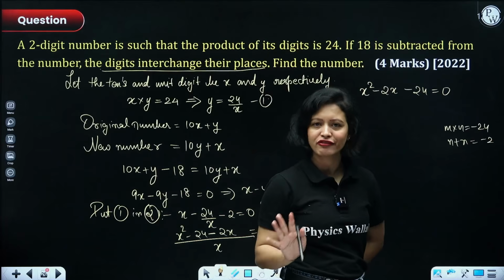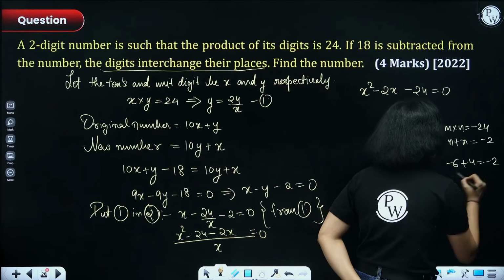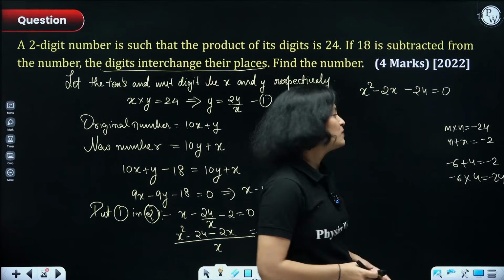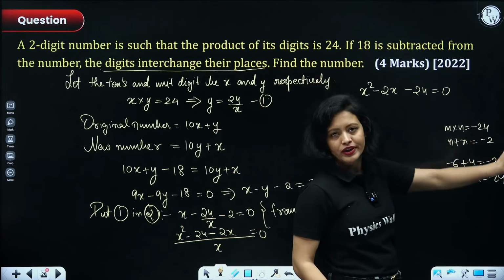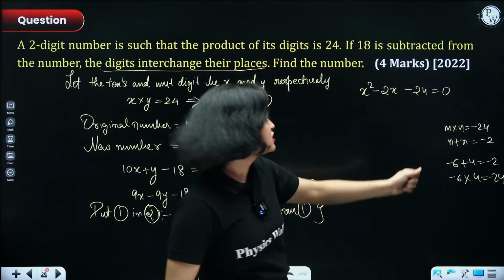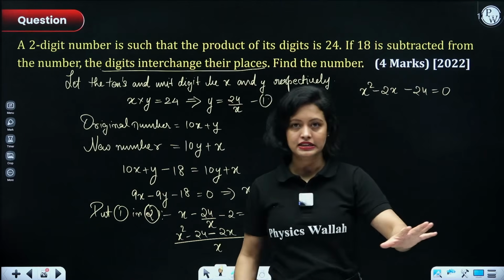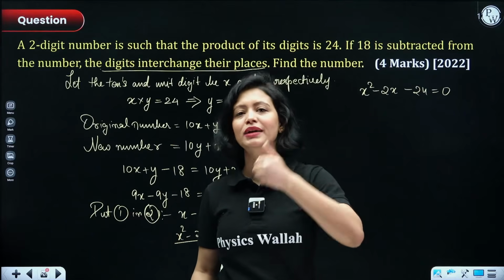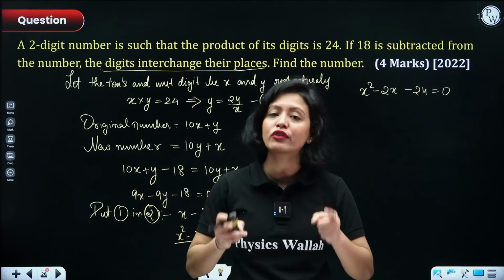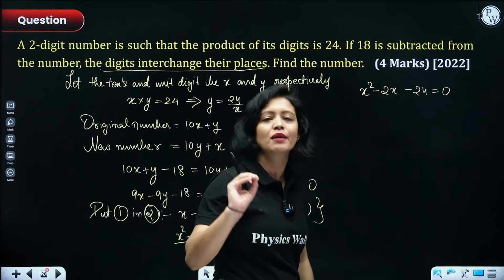You know, one number should be negative, another one should be positive, right? So, think about it. If I have negative 6 plus 4, this is negative 2, and negative 6 into 4, negative 24. Ho gaya kaam? Khatam. So, always remember, when you're confused, take the product, which is 24, and break it down as product of two numbers and see which pair is satisfying both the things. Okay, and make sure that you know the signs, because m plus n is negative, matlab bigger number has to be negative and smaller number has to be positive, so that means the difference of two numbers should be this, okay.